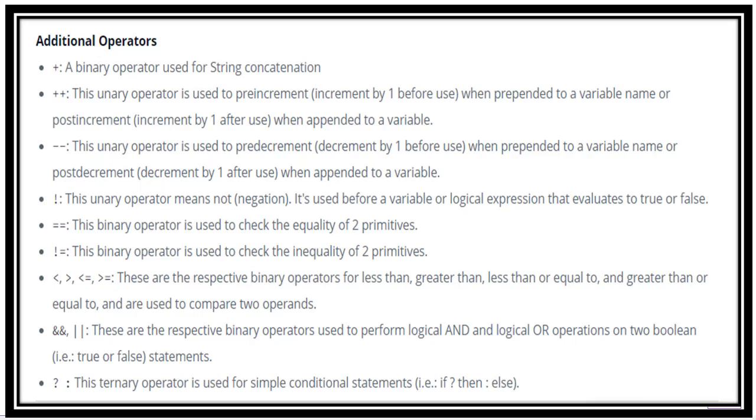The next one is known as the ternary operator, that is question mark colon. This ternary operator is used for simple conditional statements, that is if-then-else. For example, A is greater than B. In the if condition we put if A is greater than B, then it will print A. Obviously, since A is greater than B, it will print A, or else it will print B. So in a single line, we write the syntax as A greater than B: if A is greater, it should print A, or else it should print B. So this is how the ternary operator works.